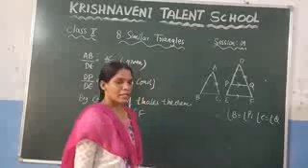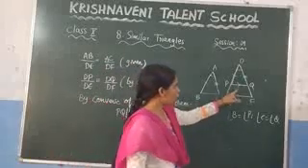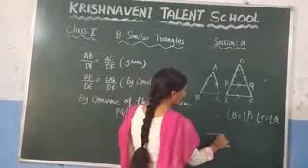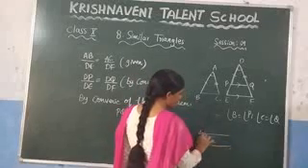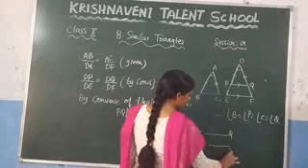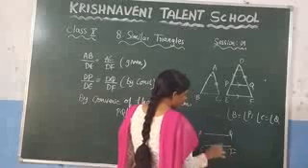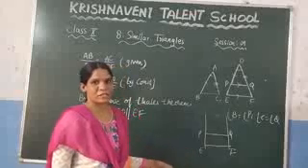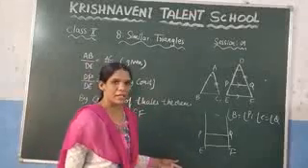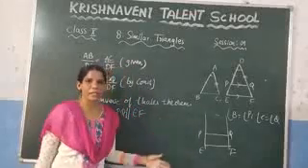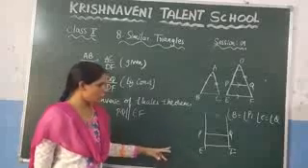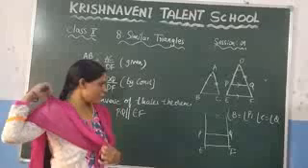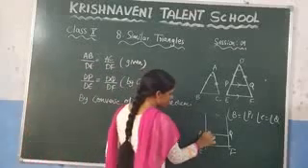Now again, if these two lines are parallel, what is this line? Transversal, right? So here consider these two lines. This is PQ and this is EF, right? So here, what is this line? Because these two lines are transversal, right? What is meant by the transversal? If we draw any line on the distinct lines, we call it a transversal, right? So here, what are these angles?